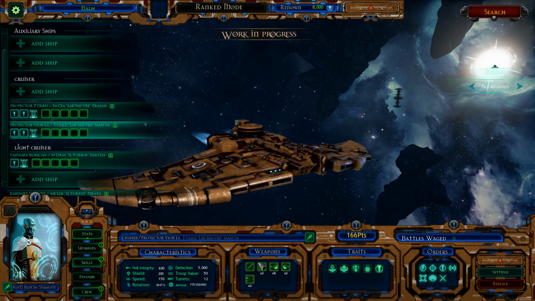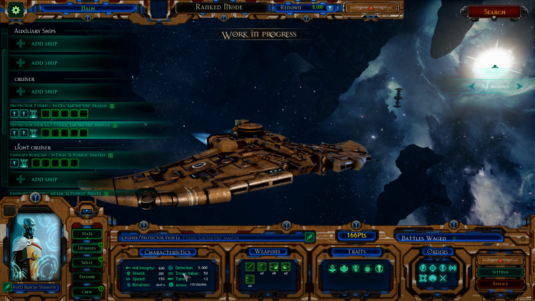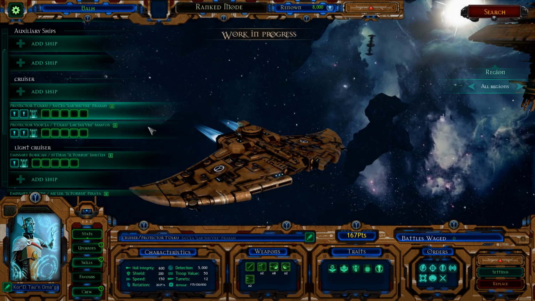They should have the homing missiles, ordnance bay, so they can use fighters and bombers, railguns. I think the true value should be less, just because the Tau can't melee to combat at all. But yeah, I don't know. And then it looks like,